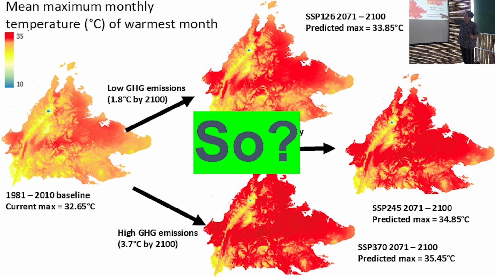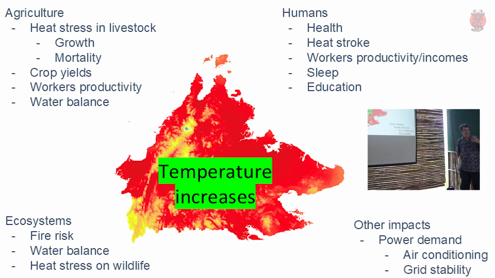So what we do is we take all of this information and then try to look at how these changes are going to impact things in Sabah. Okay, we know that temperature increase is going to impact our health, heat stroke and health. And it's not just temperature alone, it's temperature combined with relative humidity. That's the killer. So what we produce are heat stress indices, or wet bulb globe temperature projections, which combine these two variables to look at what might happen.